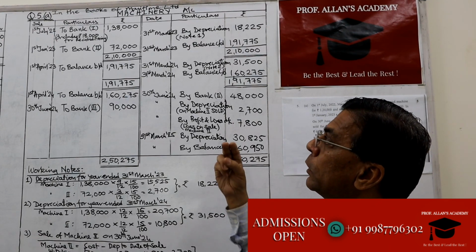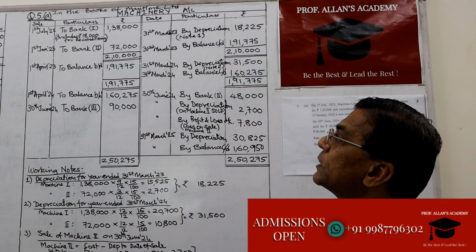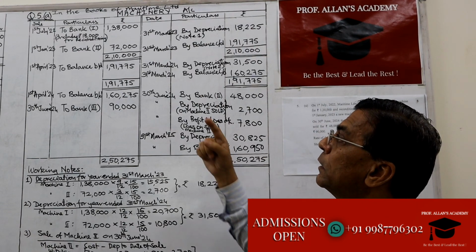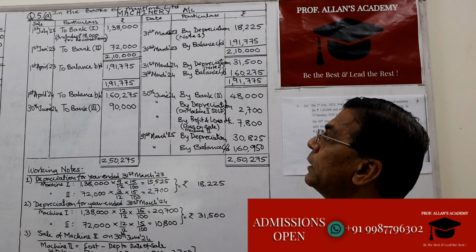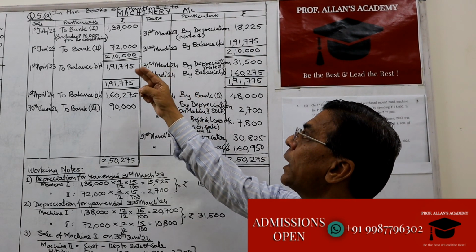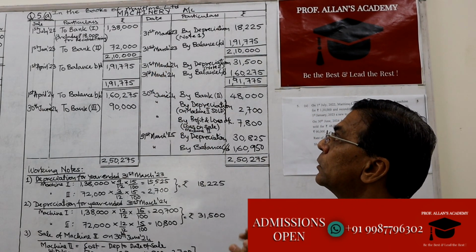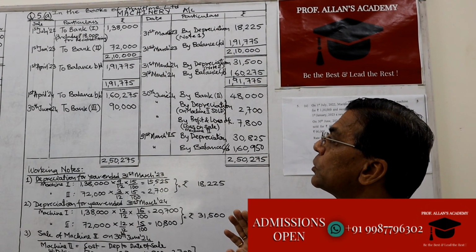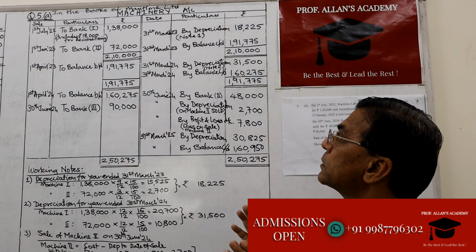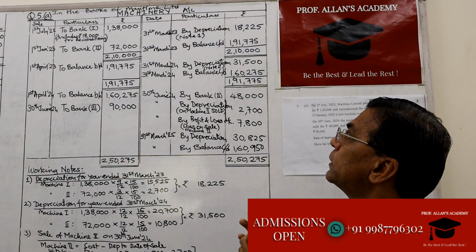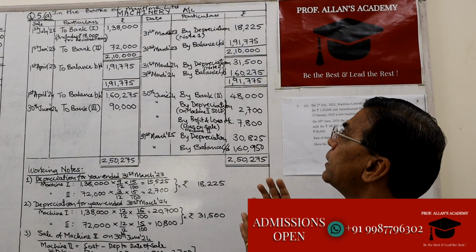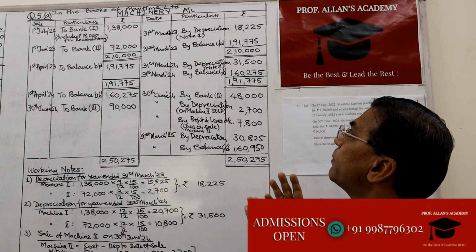We then move on to the second asset, which is purchased during the same financial year, on 1st January 23. Asset number 2 has been purchased for rupees 72,000. So we have recorded the purchases. There is no sale. So we go to the end of the year, that's 31st March 23, to record the